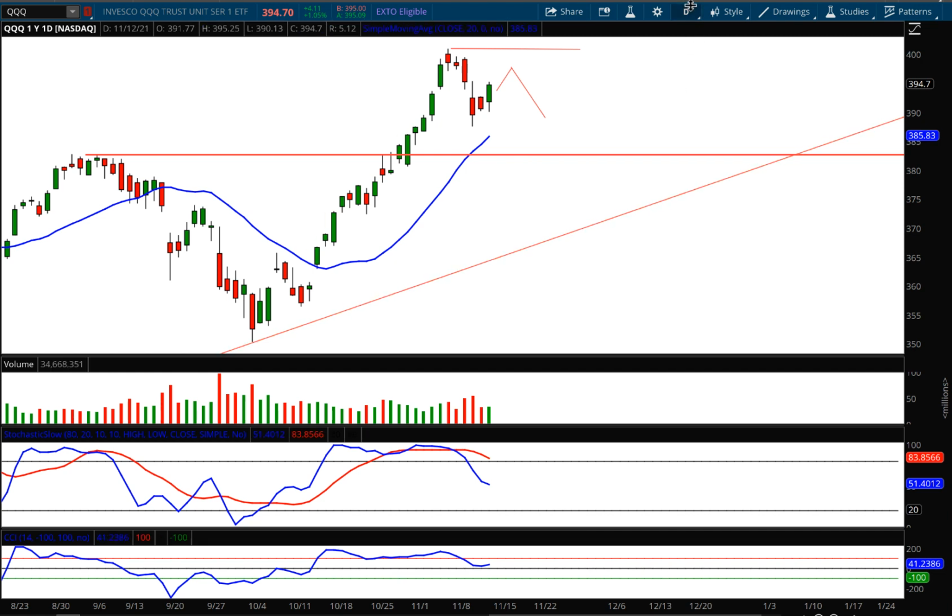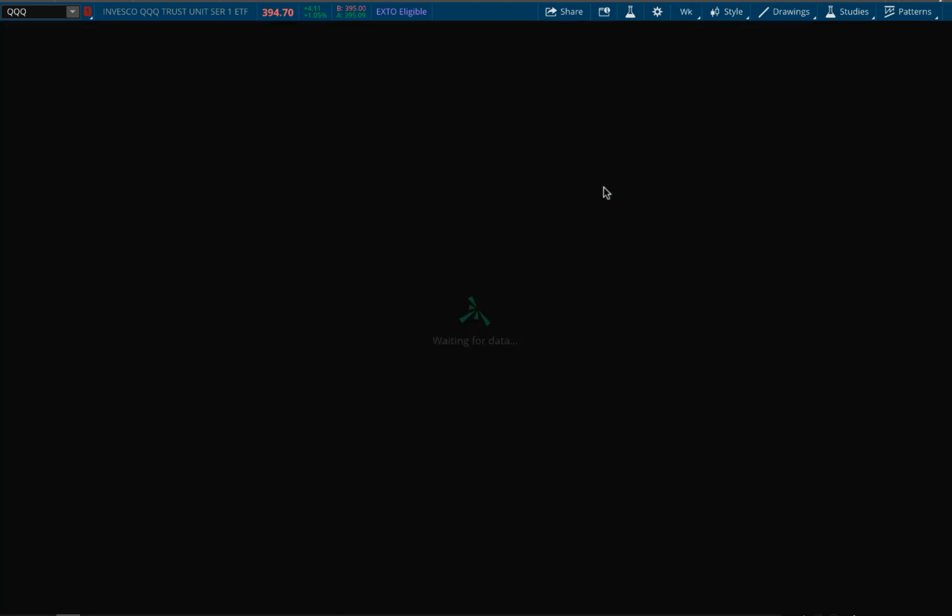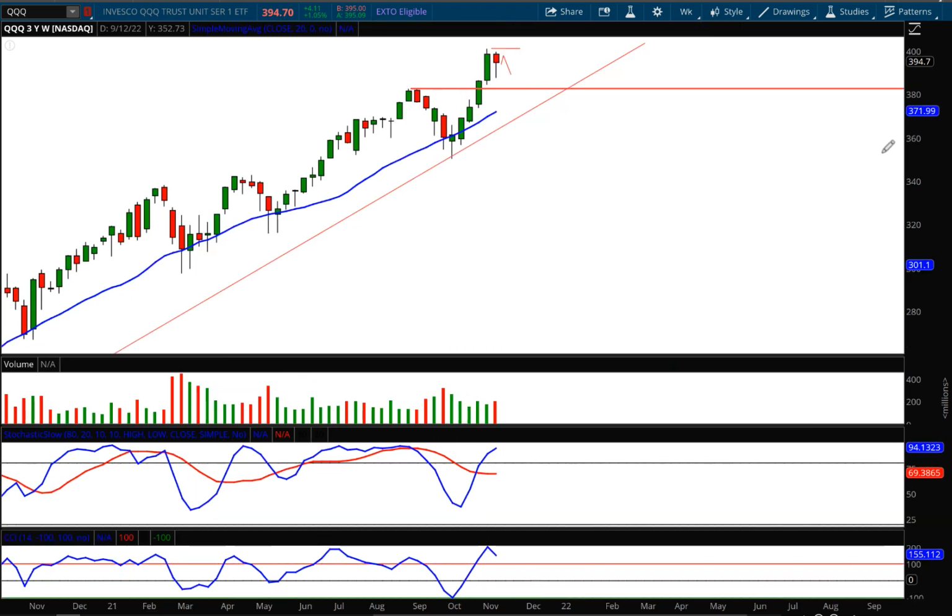If I switch this to a weekly candle, it's going to look a lot different. In fact, the weekly candle today, ending this Friday the 12th, is showing a hanging man candle that is very bearish. That's the second most bearish candle right there, tied with a shooting star. The oscillators on the CCI here are pointing lower. So again, next week I think we could wind up lower, but in the early days of next week, we could see a little bit of a rally,